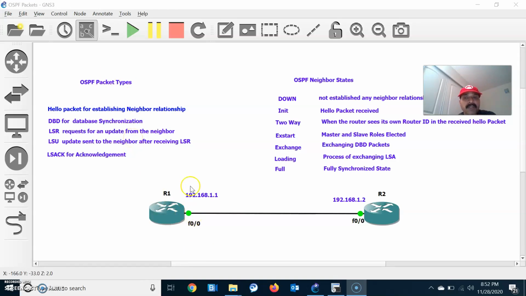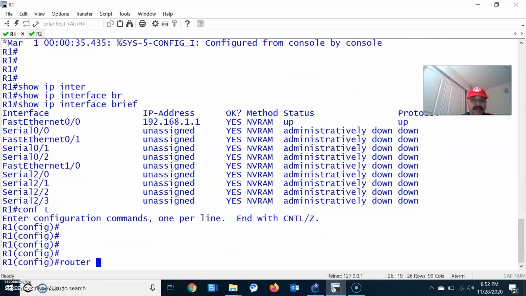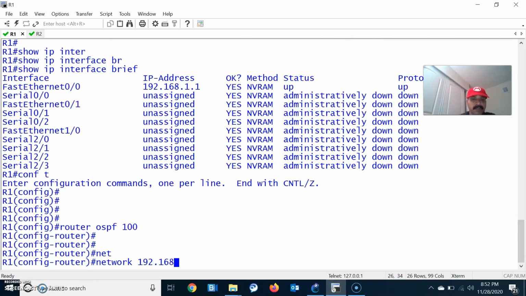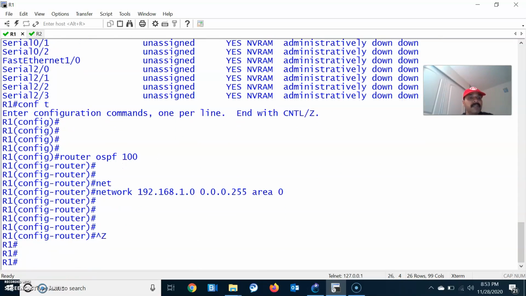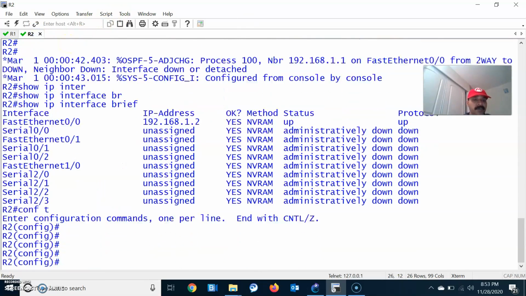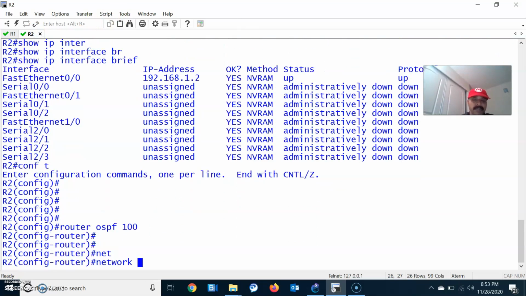So now let us go to R1 and R2. Let us do a debugging session. So now let us go to R1 and let us quickly configure the routing protocol, router OSPF 100. So let us enable network 192.168.1.0 0.0.0.255 followed by area 0. And in a similar way, go to R2 and go to the configuration mode, router OSPF 100, and the network information is